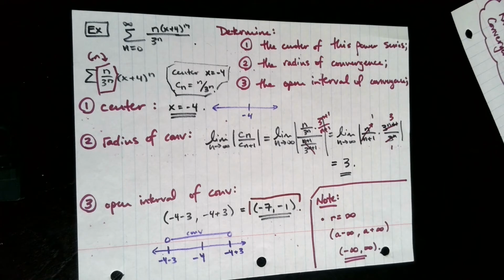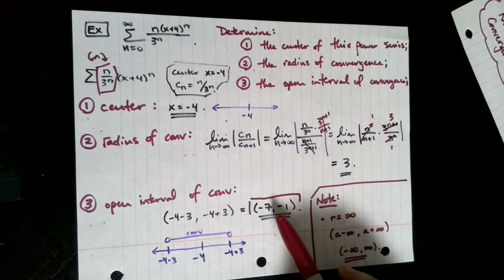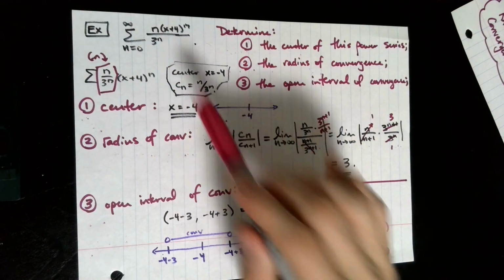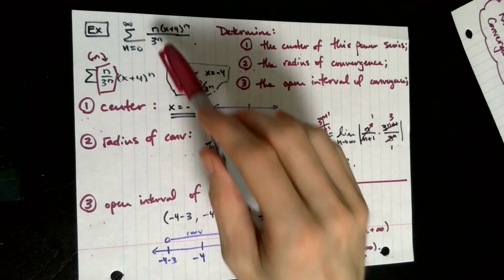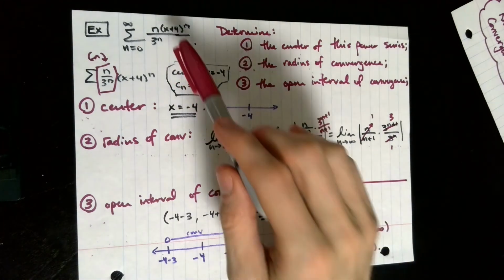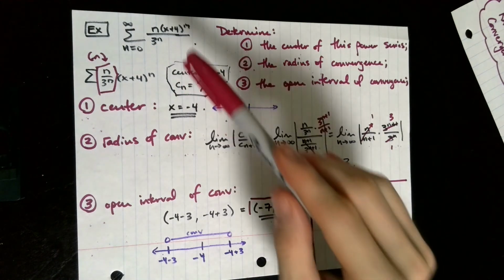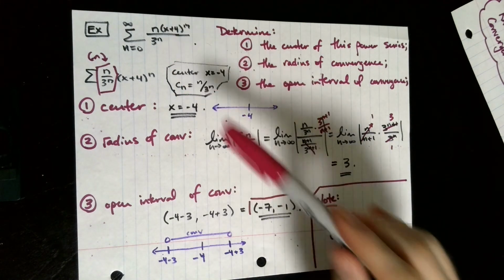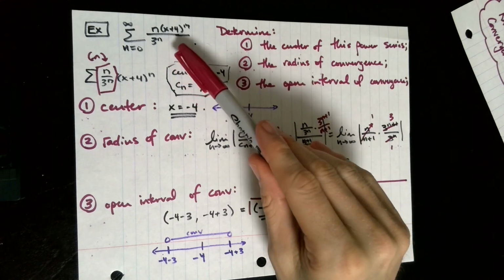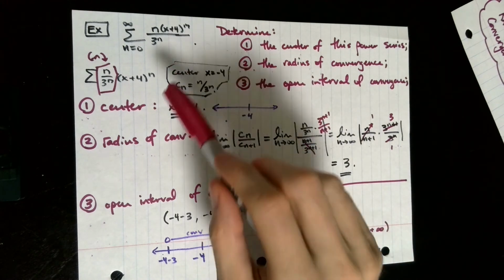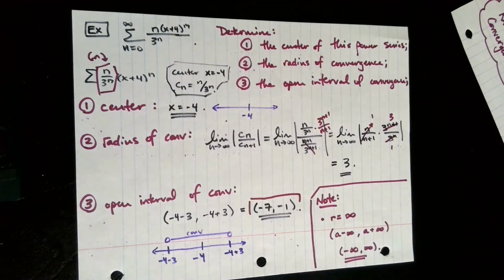What does that mean? That means if you take any number between -7 and -1 and plug it into this series for x, plug in x equals -4, plug in x equals -2, -6, -6.2, -1.3. Plug in any number that's on this open interval, and your power series here is going to converge, because